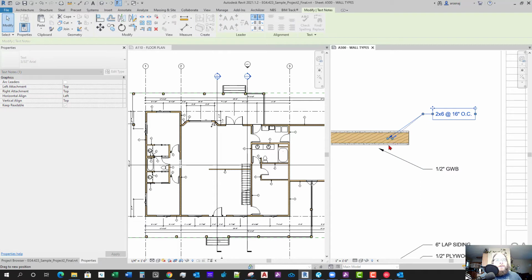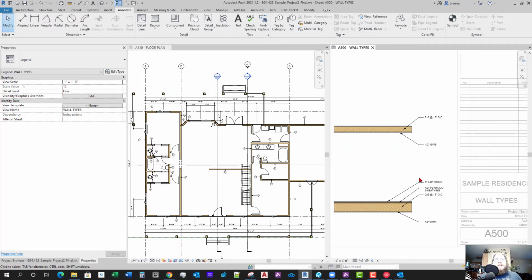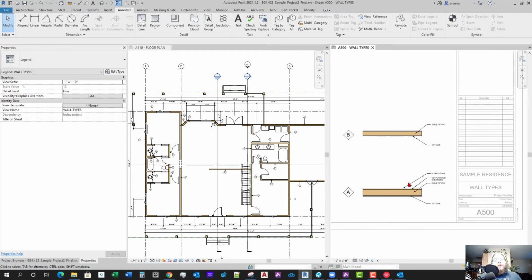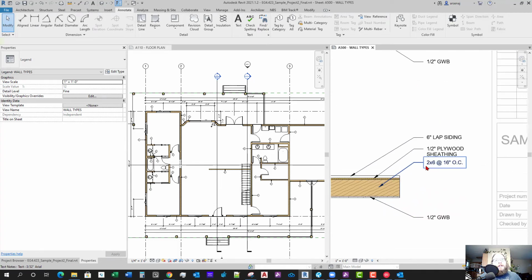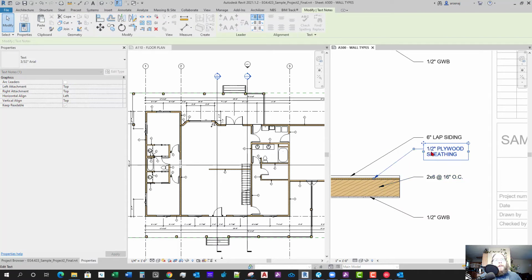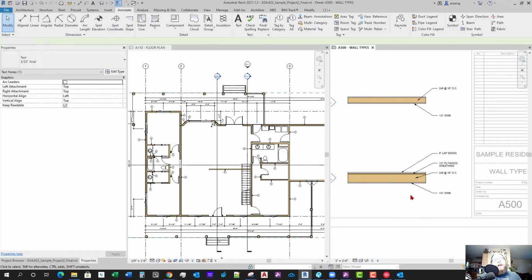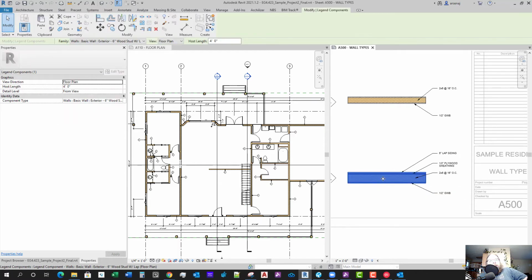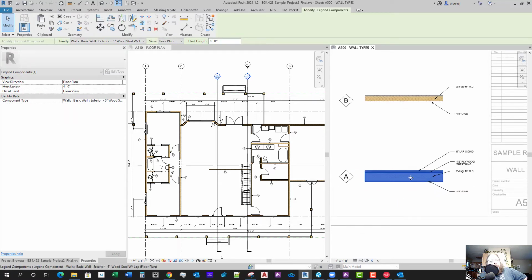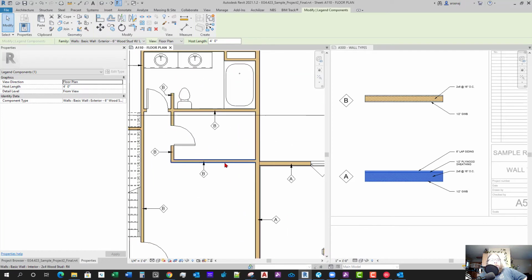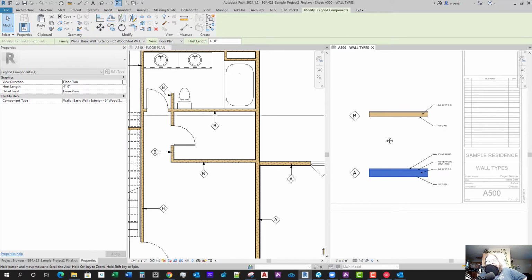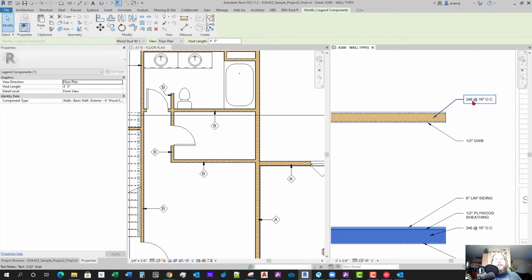Now, there's several ways to do these wall types. As I was doing some research this week, I was actually having a hard time finding any consistency between the projects that we have or online or anything about how people do the wall types. So I'm going to think about it some more. Right now, this is the way that I want you to do it, but I might show you a different way. The main reason I like it is because I don't like to draw anything manually because, like I showed you before, if we change this wall type and we have this wall type set correctly, they'll automatically update. So I do not like having to worry about